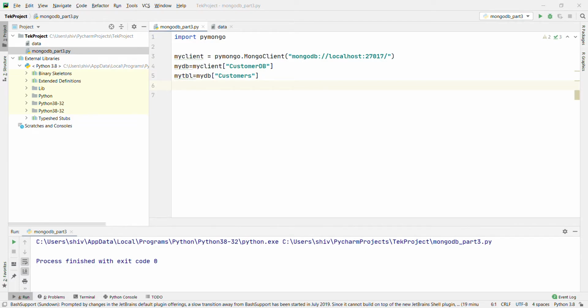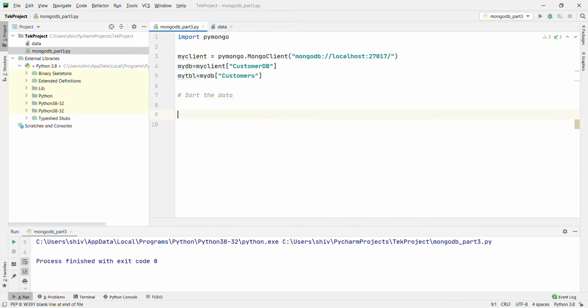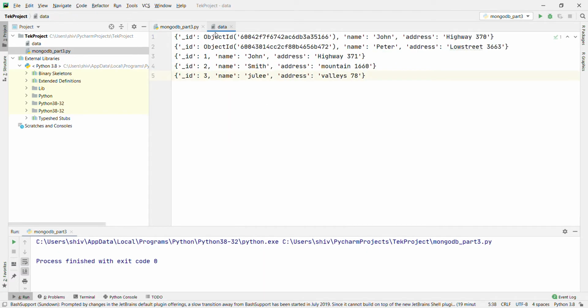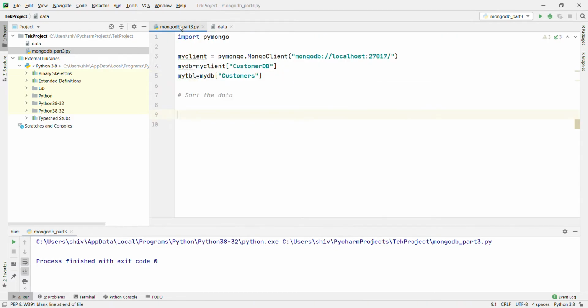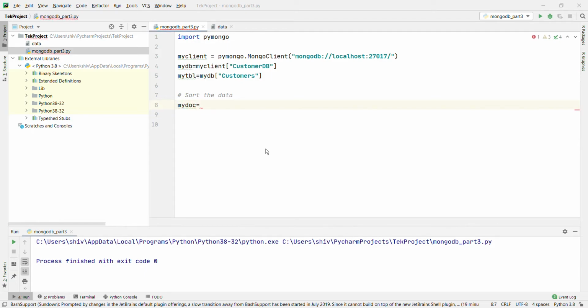Now we are going to sort the data. If you see, we have the data here, right? For that, we write mydoc equals mytable.find().sort(), and then you pass the column name.